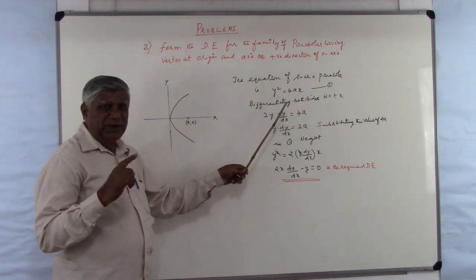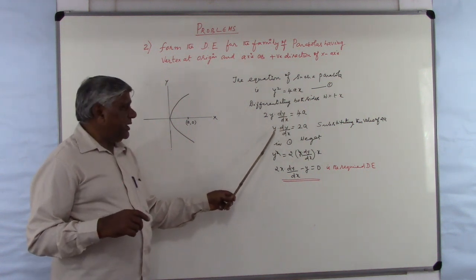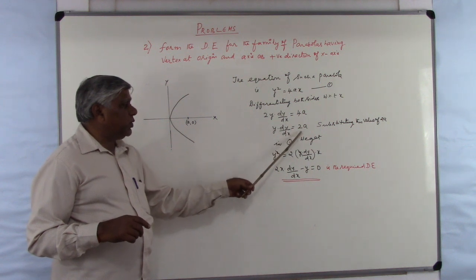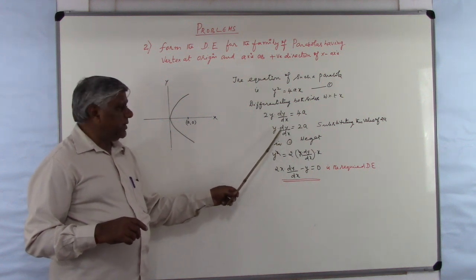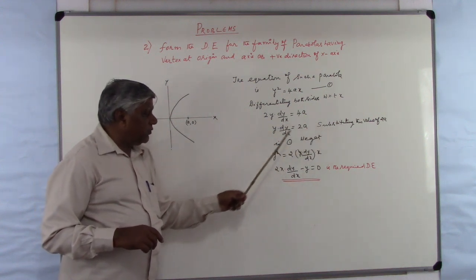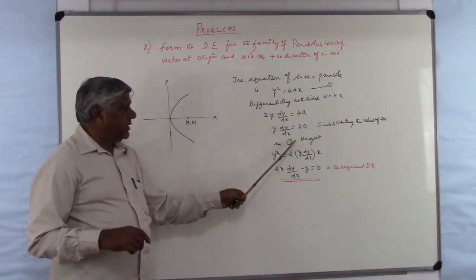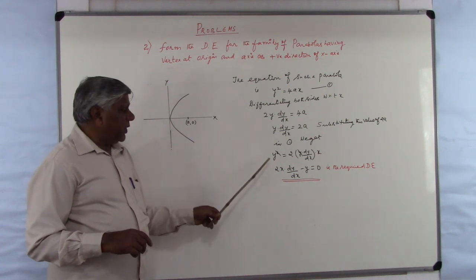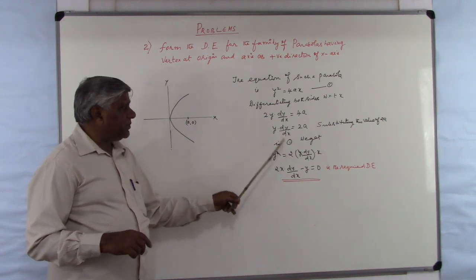dx by dx is 1. So therefore y into dy by dx is equal to 2a. Y into dy by dx is equal to 2a. Now substituting this value of 2a in 1, we get, see here, y square is equal to,